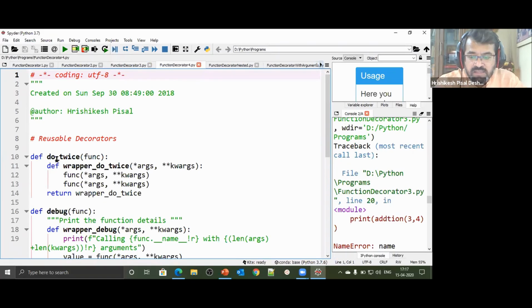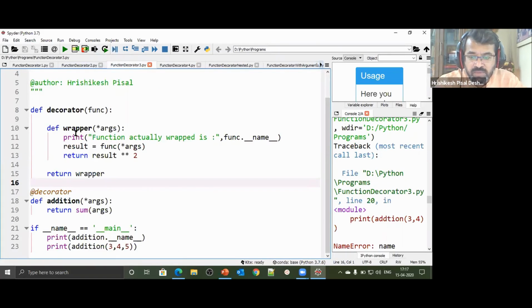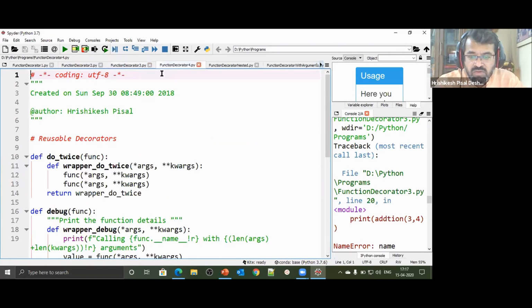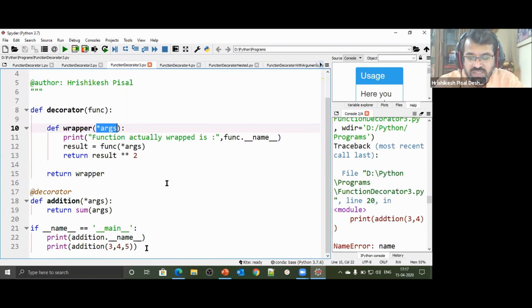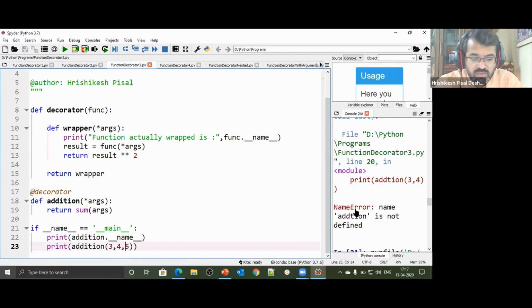Look at this now. If I have to pass arguments, in the last example, we passed arguments to the wrapper, and we said we have to take an arbitrary number of arguments over here. So we can take two types of arguments, an arbitrary number of positional arguments, or you can also take keyword arguments. A dictionary is also something that we could pass. So there is a function called do twice. Watch it very carefully. And there is an advantage of going for an arbitrary number of arguments. I'll just show you what the advantage is. I could pass 3 arguments, I could pass 4 arguments.